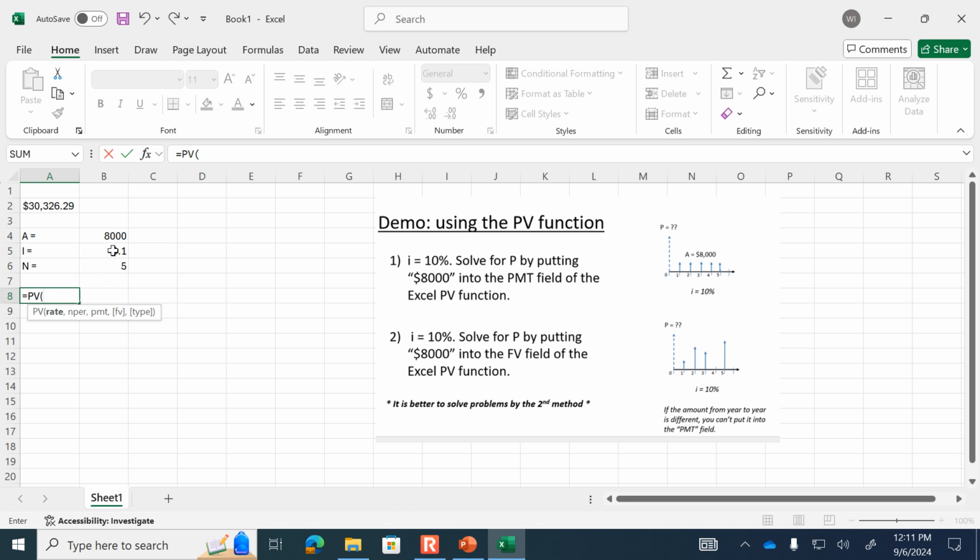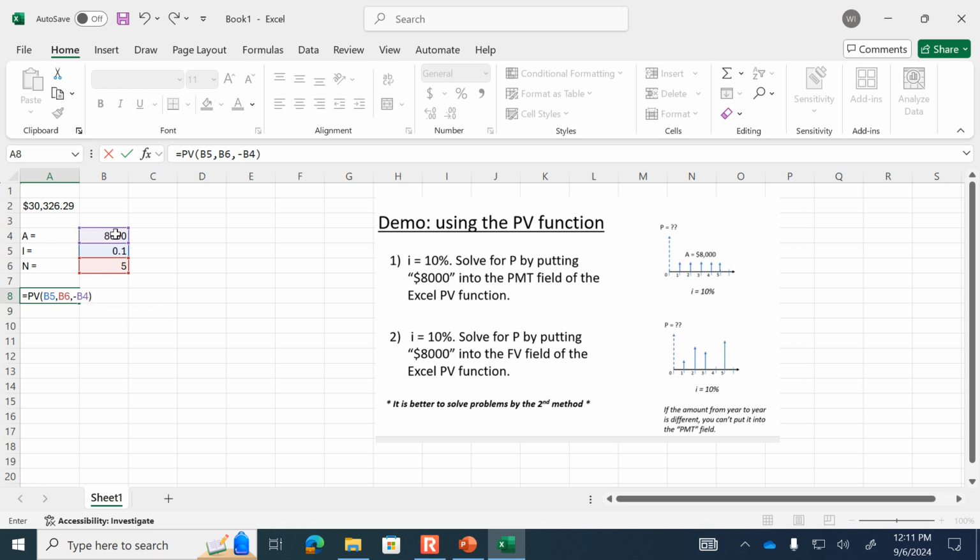So for rate, I'll click here in B5, comma, NPER. I'll click where it's got the number 5 for our number of periods, comma. Now for payment, I need to say minus of this amount in the 8,000